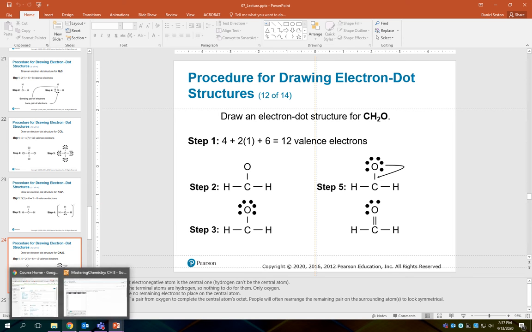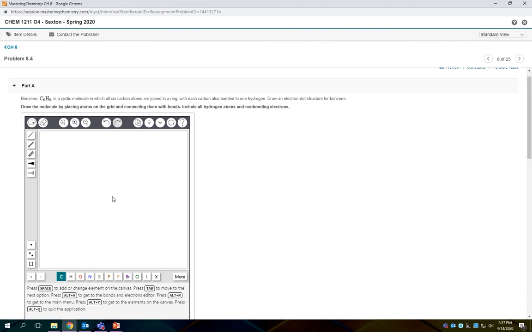So what we'll do is we'll go back to this tool for Part A. I'll show you how to use this to draw, in this example, formaldehyde. Of course, when you're answering this question, again, you'll want to draw benzene, C6H6, not CH2O. But what we can do is we can come over to this toolbar here. You can see there's some common elements, carbon, hydrogen, oxygen, nitrogen, and so on, that we can use to draw a Lewis dot structure. And there's a carbon in the middle of our formaldehyde molecule in